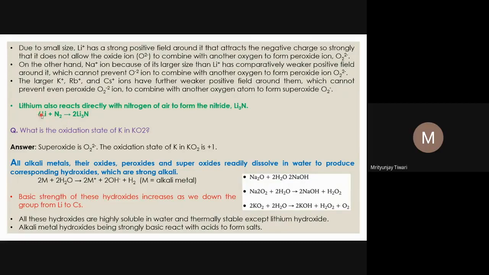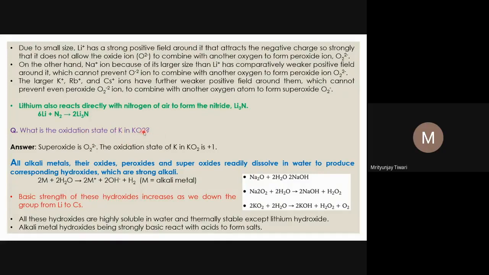But lithium can react with nitrogen, and so lithium forms Li3N. One can see the lithium cation size is comparable to the nitride ion, though it may not be exactly comparable, because it is smaller in size than the nitride ion. Usually among the other metals, like sodium, only lithium forms this nitride.